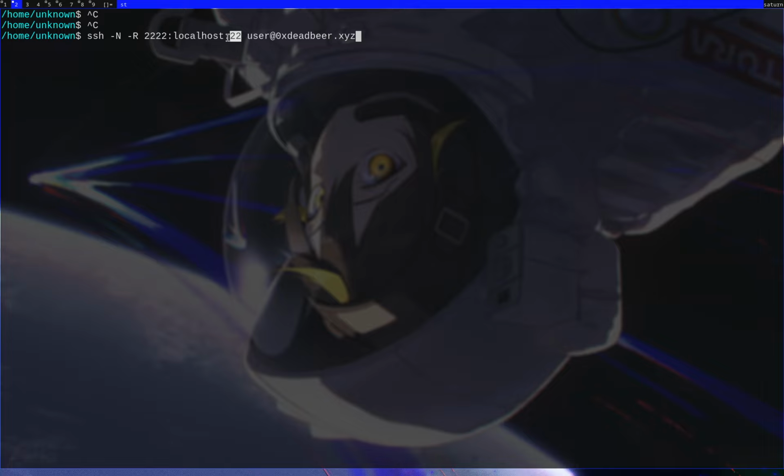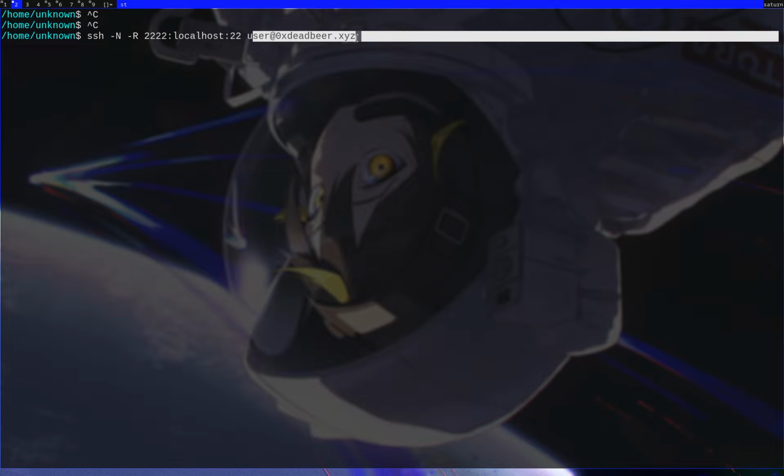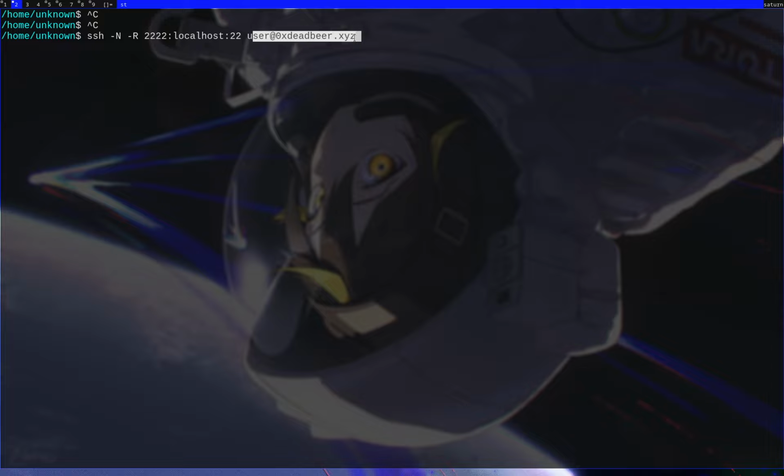So in this case, I'm creating a tunnel from my local SSH server to the remote device, and creating a port on that device that will be 2222,